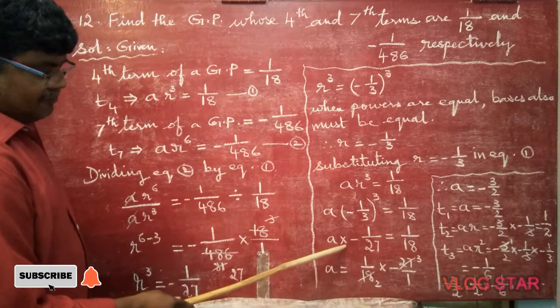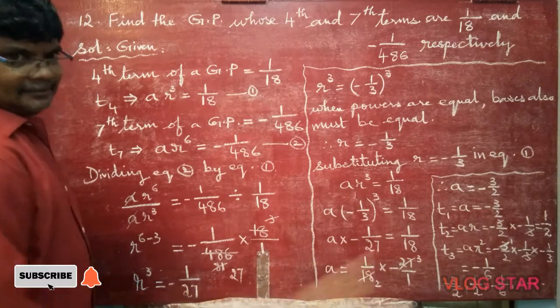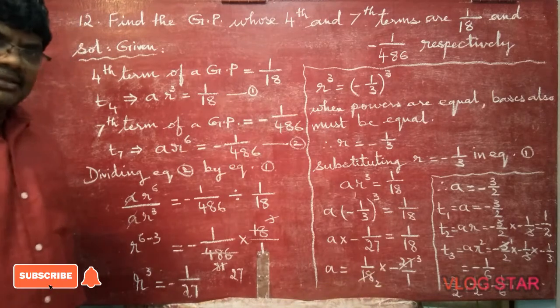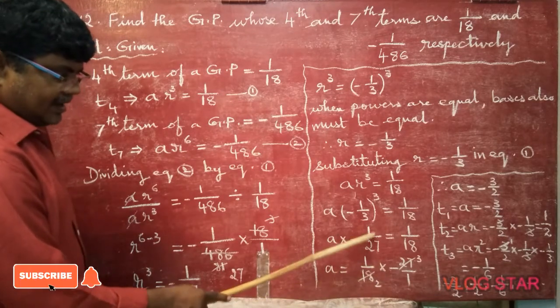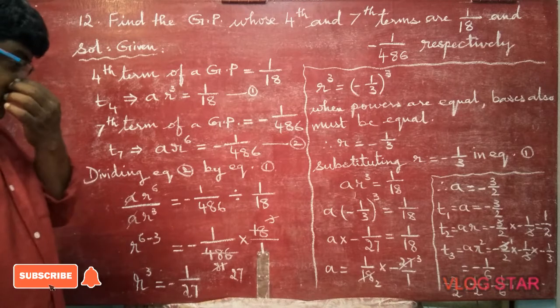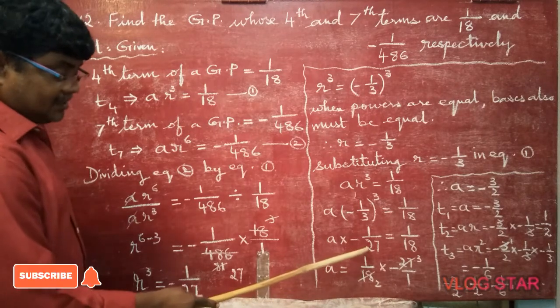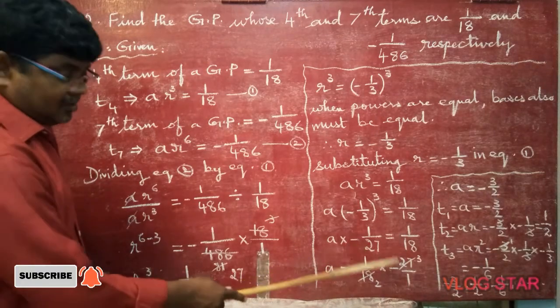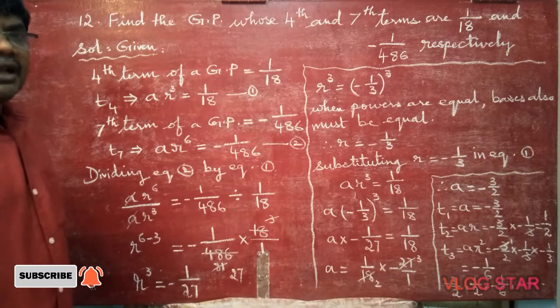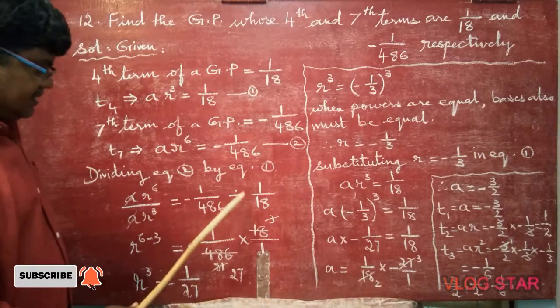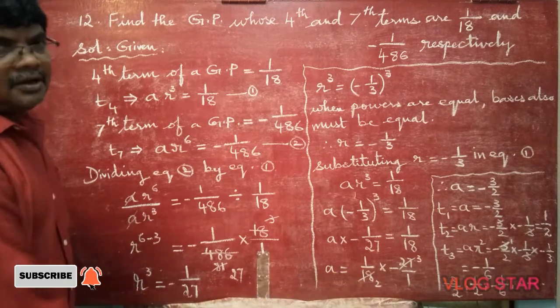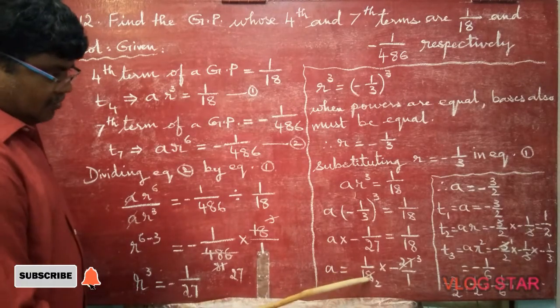into, when multiplication goes, that's a division. Then where is the division symbol, sir, you'll ask. If you want, write the division symbol and write minus 1 by 27. Or otherwise direct attack. Direct, what means? When a fraction goes from left to right, it becomes reciprocal. Are you able to follow? Or otherwise you write like this: division, again change into multiplication, same one. Same step you'll get.